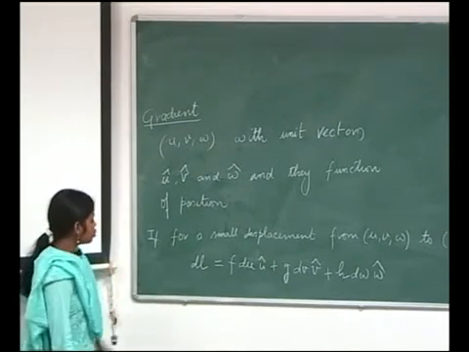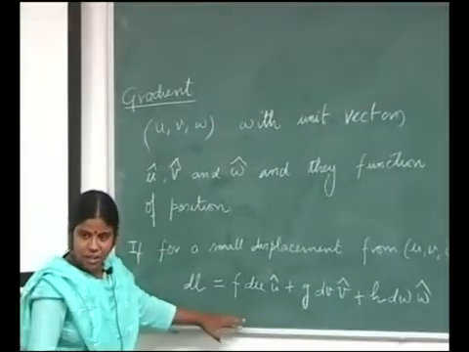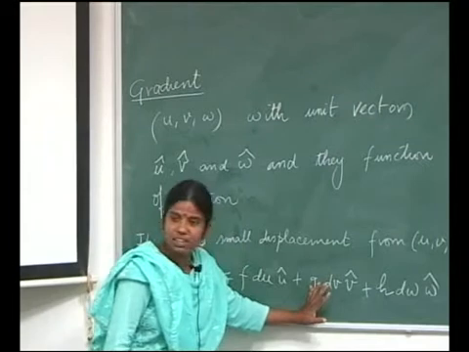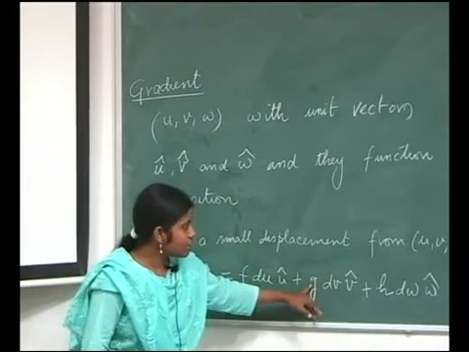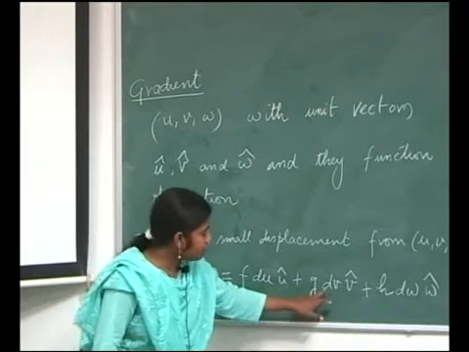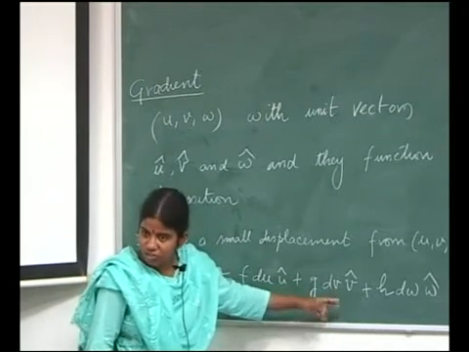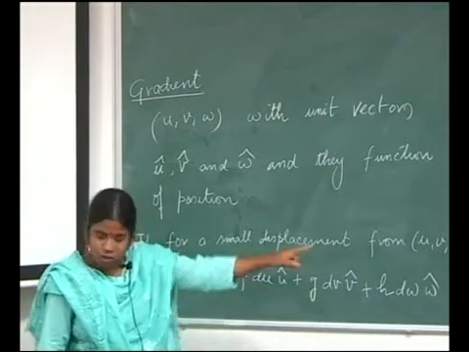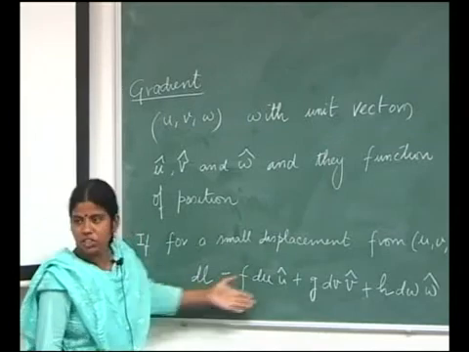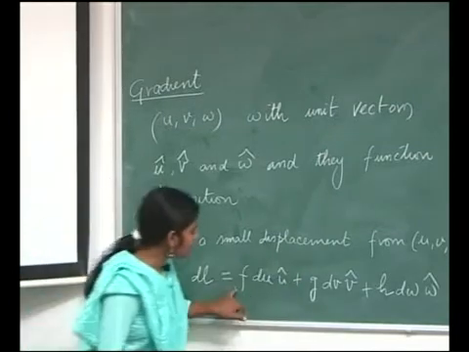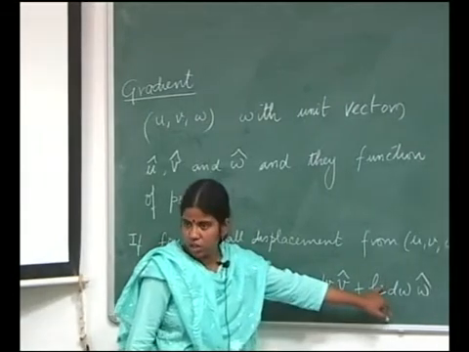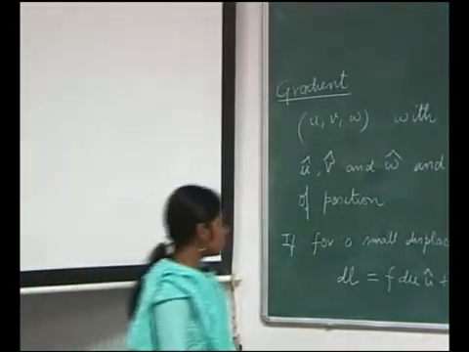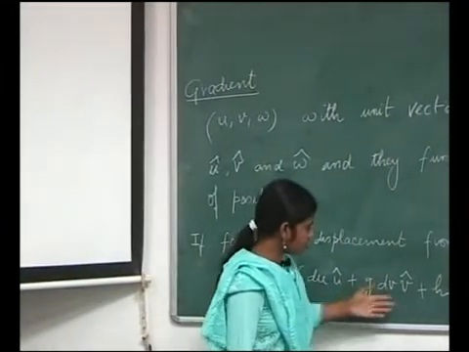Okay. So I have this, and why I am writing it like this is just to ensure f, g and h. Suppose I do not write g here, and this is in the spherical system, then dv will give me d theta. This is not a displacement, but the moment I write g there and the value of g is r, then dimensionally the equation becomes balanced. So that is why I have introduced these terms f, g and h, to ensure that my displacement vector always has the dimension of displacement. So I have this f du u cap, this is the displacement vector.